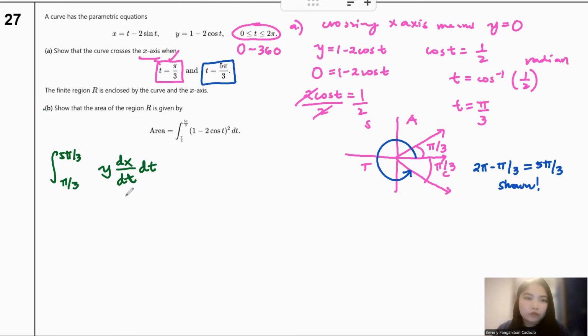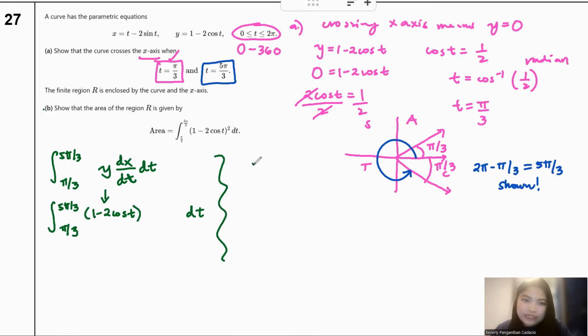Okay, so what I'm going to do is put the y there. I'm just doing substitution here. Y is this, right? So I'm going to put 1 minus 2 cos t. And then I'm just going to copy this one still so I can show you the step by step. And now the problem is the dt, you don't have anything to change here. This dt is just still here. The problem goes in this one. What is that dx over dt?